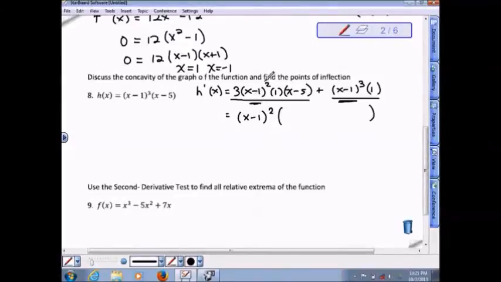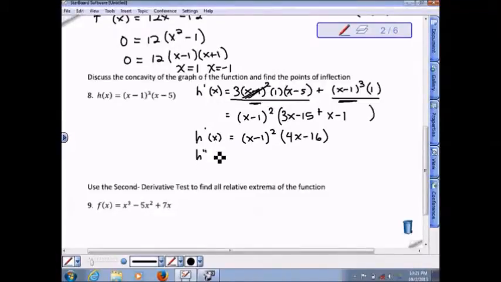So if x minus 1 is factored out from this part of the first derivative, what that leaves is 3 times quantity x minus 5, which becomes 3x minus 15. Now, from this part, if we factor out x minus 1 squared, that just leaves an x minus 1. Simplifying a little bit, inside of there gives us 4x minus 16. That's the first derivative. Now if we do the second derivative,